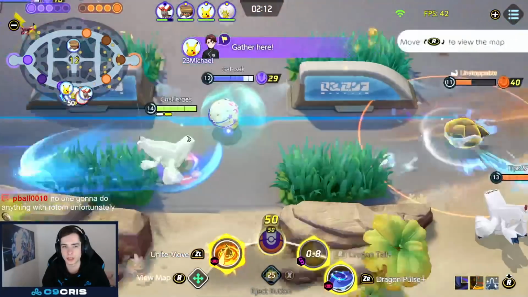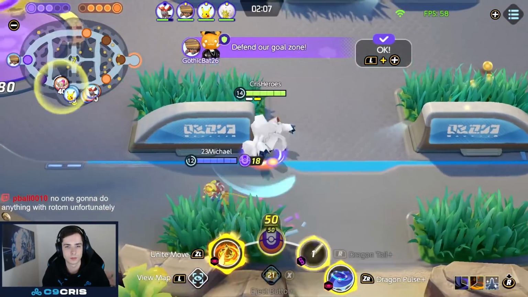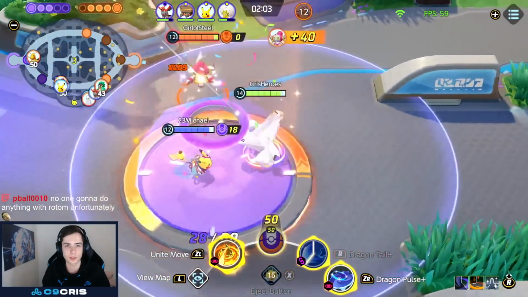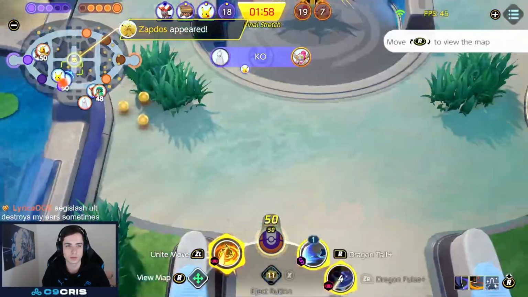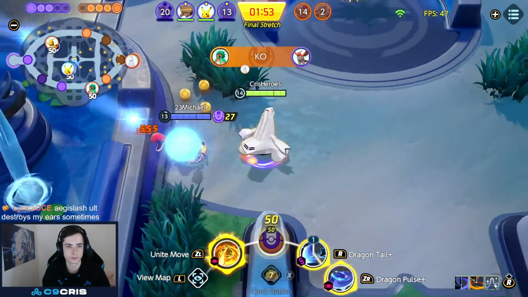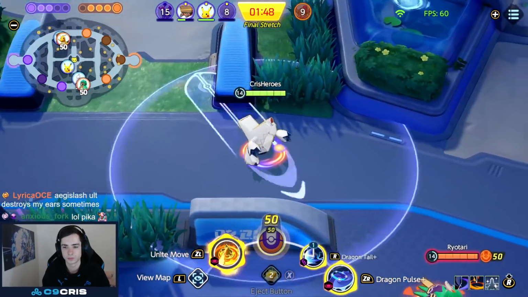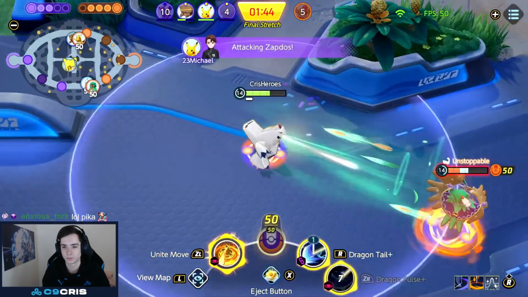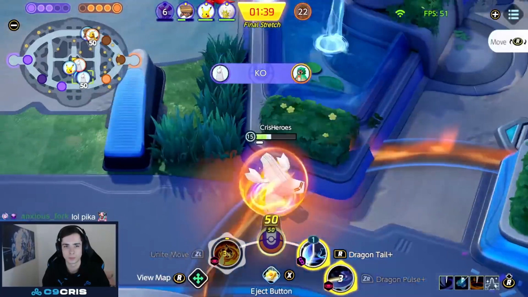Dragon's about to score this, I think. Oh my god, what's this? Attack him, attack him! Don't! Bro, your Electro Ball has travel time. You're not a Cloud, that's fine, Pikachu. I want to Unite him, but...